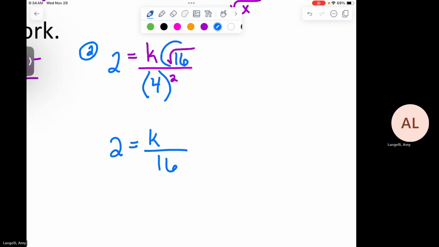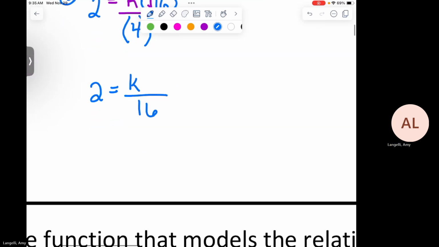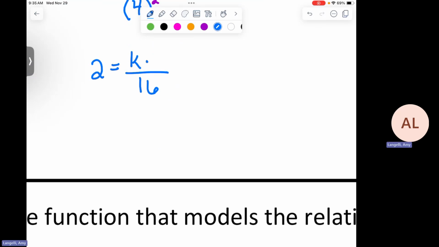But what about, can you simplify the square root of 16? Yeah. I don't like how that looks. I would rather write 4K. Is that okay? You can leave it as K times 4 if you want. There are 2 steps you can take, both of which are fine. What would you guys do next? Times 16. That sounds like a good move. 2 times 16 is